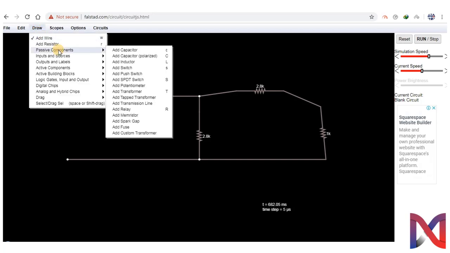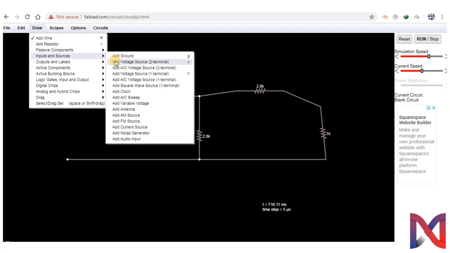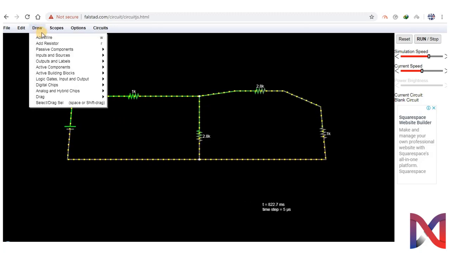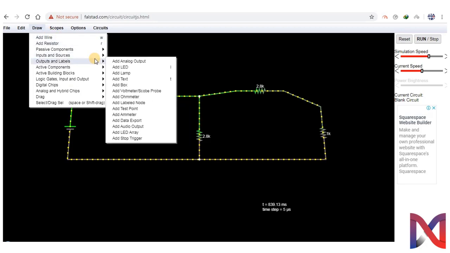I will just go to draw and add our voltage source here. Our voltage source was of 5 volts, so it is already 5 volts here, so we don't change it. Now I'll just place a ground for completing the circuit.